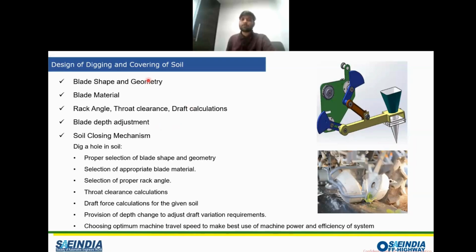Along with that, there is a requirement of a closing mechanism. This closing mechanism is required to maintain the covering of roots, because once the transplanting is done, there may be a sudden shock from the environment, or maybe some insect may damage the crop. So you need to properly cover the roots. If roots are covered, then there will be less chance that the plant will get damaged. There will be a lot less shock. In terms of agronomy, it is transplanting shock. So we need to maintain the cover of soil over the roots, so that there will be